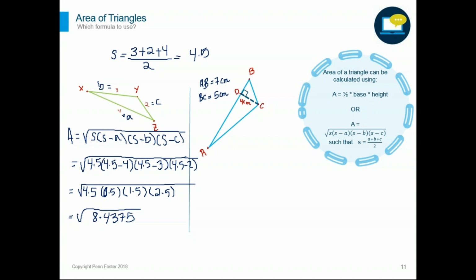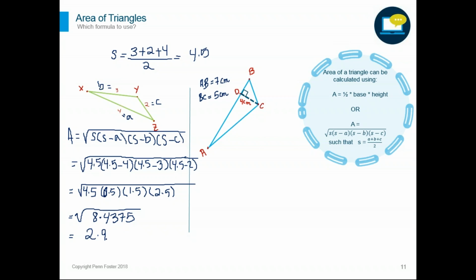Now we're going to evaluate the square root expression. So on your calculator, however it works, you may have to press the sign for the square root and then the value under it. Or on some other calculators you have to enter the value under the square root and then punch in the sign. So however your calculator works, you need to know which order you have to punch it in. The square root of this value is